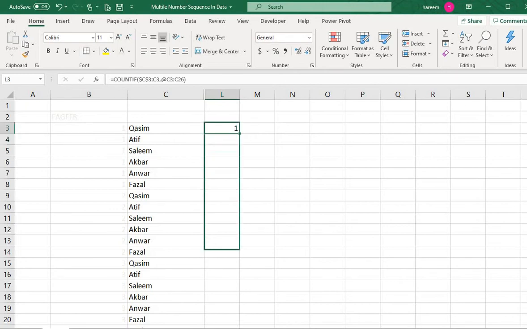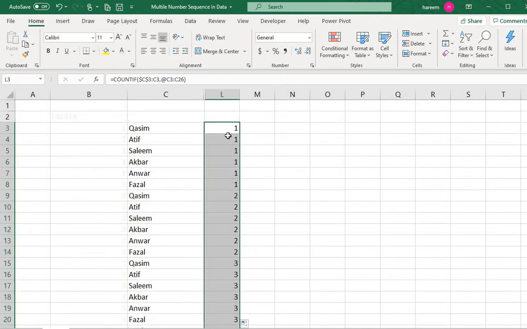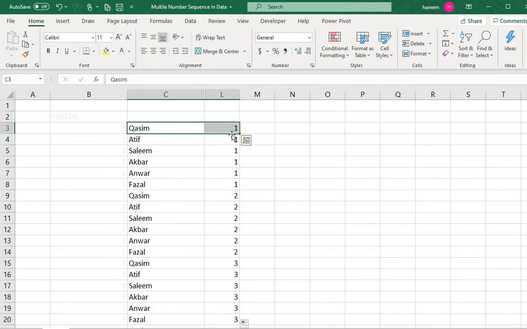When you drag the formula, you will see Qasim coming here. The sequence of Qasim here is 1. Qasim repeated again, and here the sequence of Qasim is 2. It means that where Qasim came in the cell for the second time.